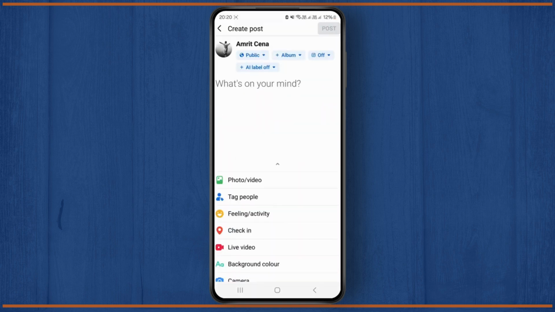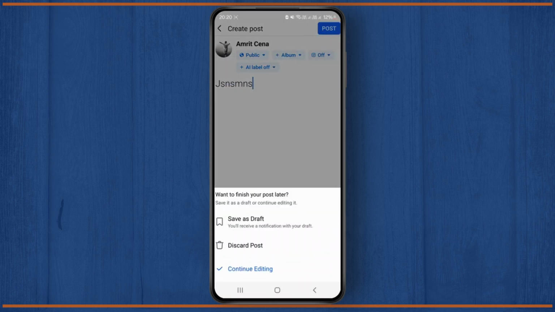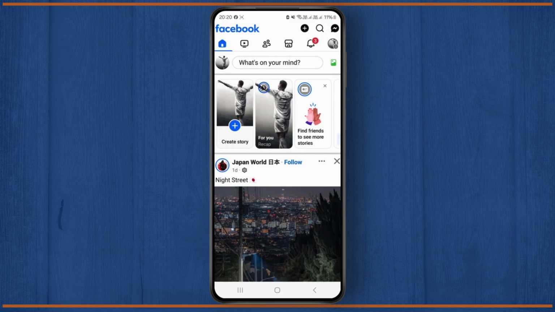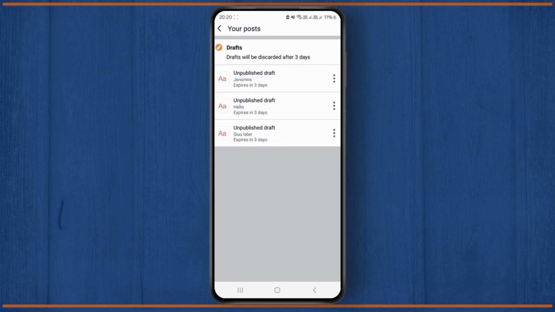is just click on this what's on your mind button over here and just simply type anything, and you just have to click on back button and save this post as a draft. So what it does is it will give you or provide you with the notification from where you just simply have to click on this, and it will show me all of the draft post which I had already created